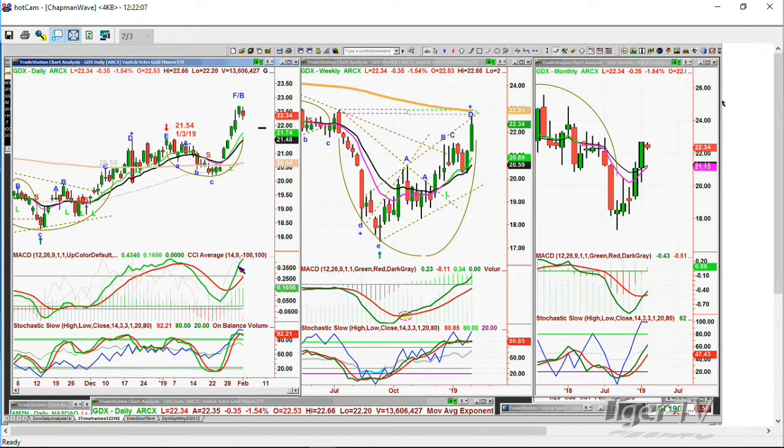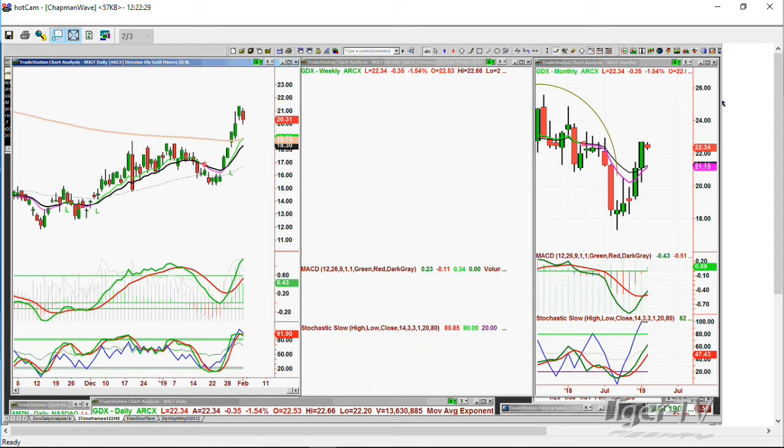And the speed is going to be telling you. In this particular single move up, it should move down pretty quickly. If it just stalls, it says, you know what, it's just too much going on. So I hope I help you there. This is the GDX. And in NUGT, I'm pretty much going to say the same thing, except because NUGT is a highly leveraged, I don't remember what, 3 times long,